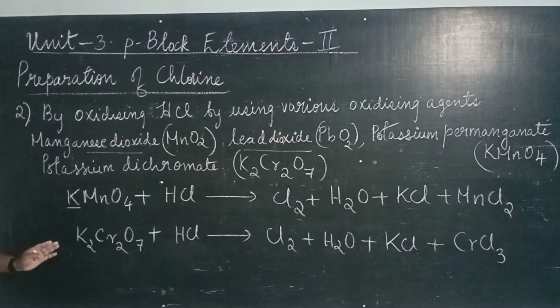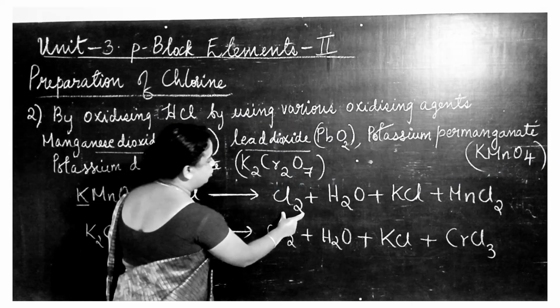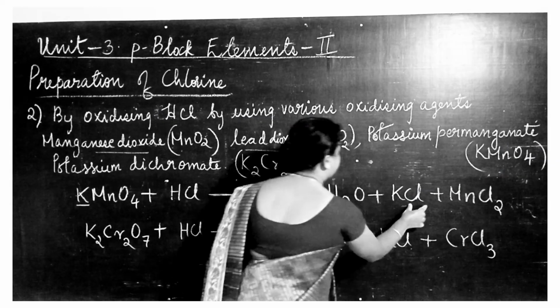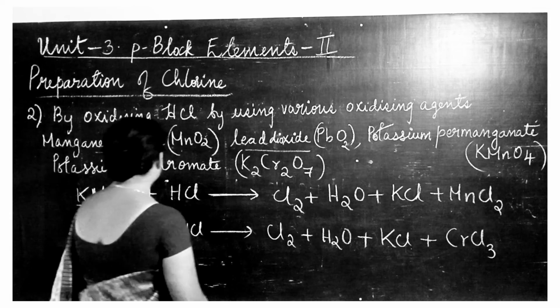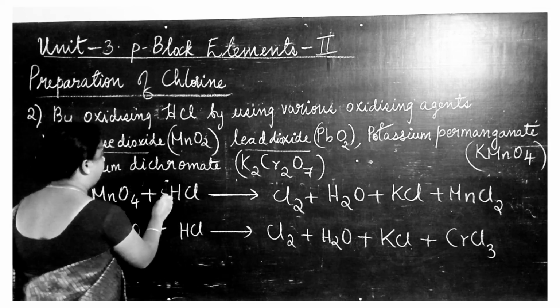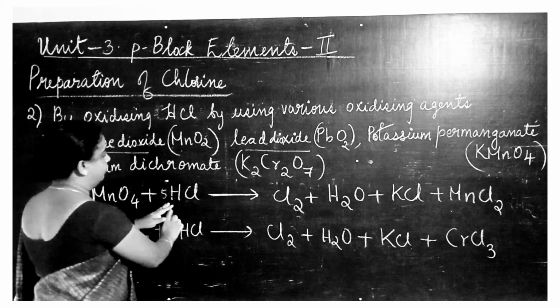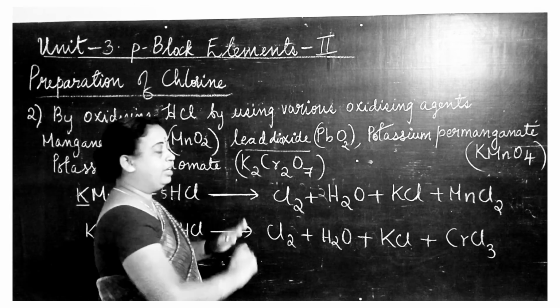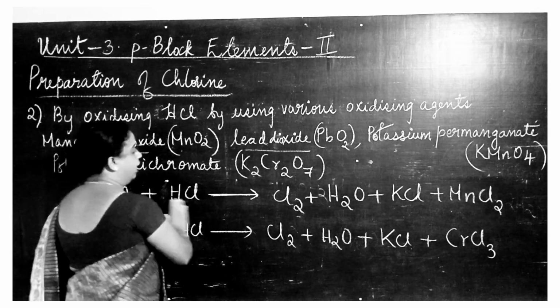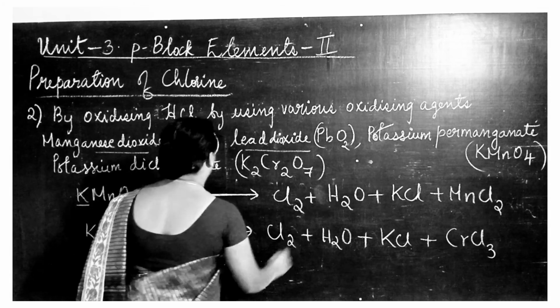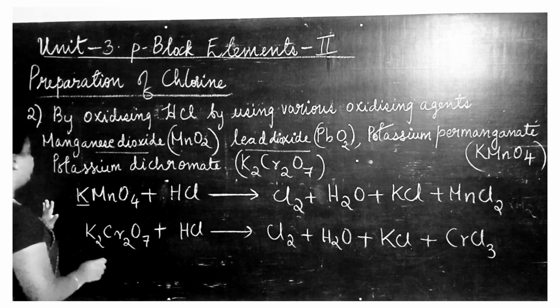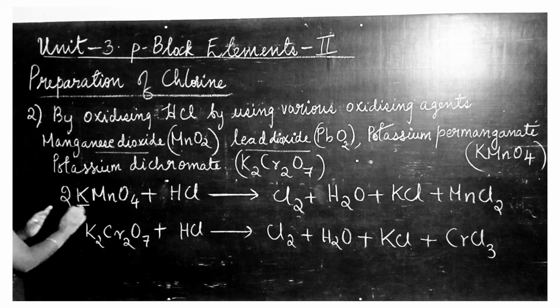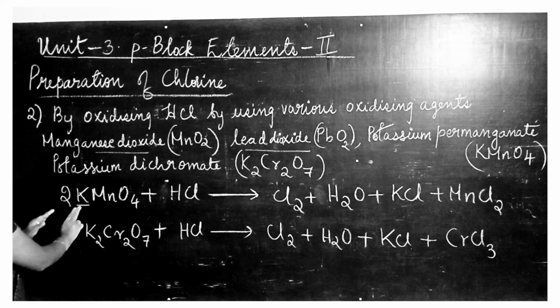Let's see how the balancing is done. Here you can see chlorine 2, 2 plus 2 is 4, 4 plus 1 is 5. So 5 chlorine. Whereas if I put here 5, then hydrogen will be 5, but here if I put only 4 hydrogen I can get. So an odd-even problem comes. So I cannot put it directly. Okay, so for that reason what will I do? To avoid this problem, I just put here 2. That's it. Okay, so when I put here 2, what happens?